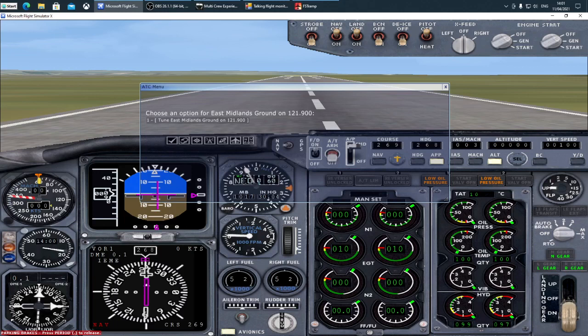It's not a piece of software you can just install and go, yeah, you've got it. So just take a couple of days, take a couple of leisurely, relaxed flights, and you'll get used to it, I would say. Absolutely, it's a good piece of software. So, without any more delay,